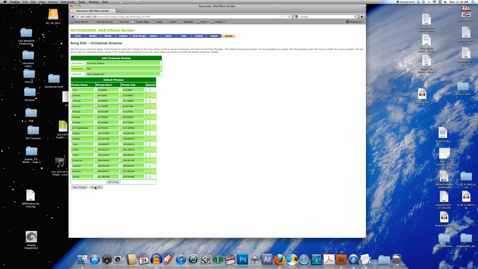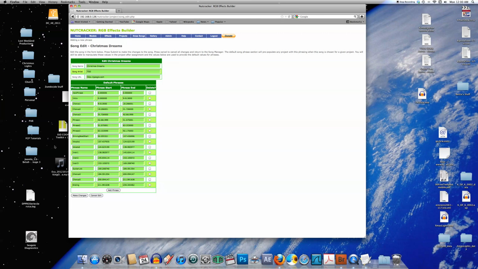But if you wanted to make changes, you can make changes within here. You can even delete phrases. You can add phrases. There's a lot to do. So let's say I want to add a phrase, split the ending in two. I click in here and do an add phrase. It has a new phrase, and I might put